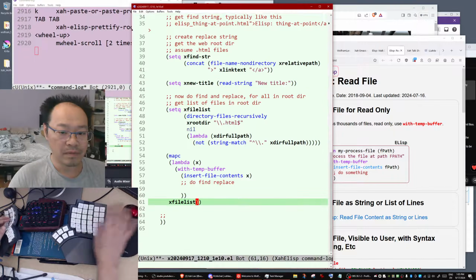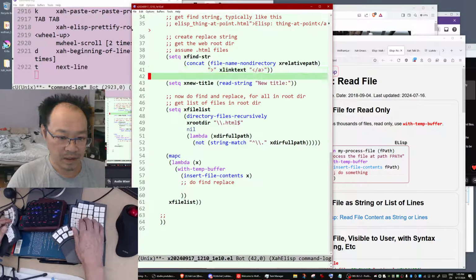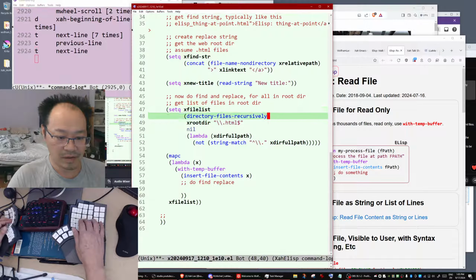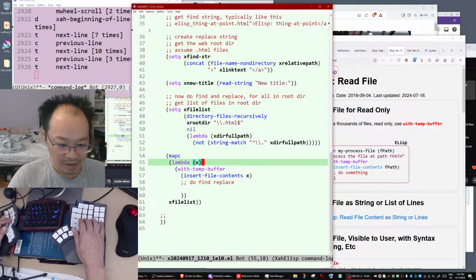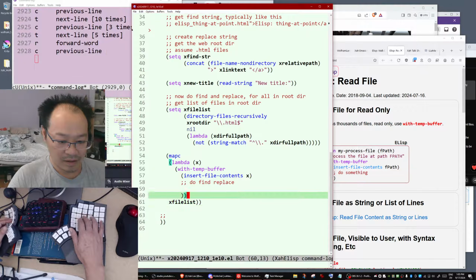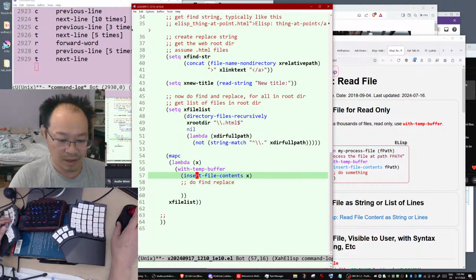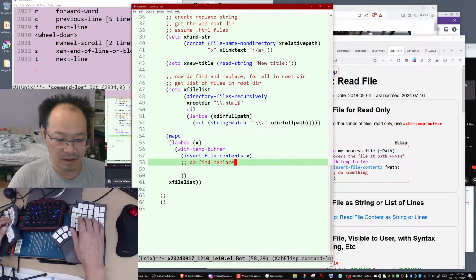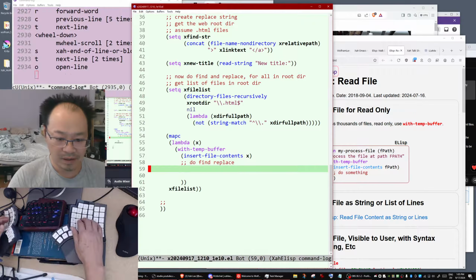Okay, so new title, we get a new title, we get a file list in root directory, then we start to do find replace. For each file in the file list, we create a temp buffer, we insert the file content, then we do find replace.